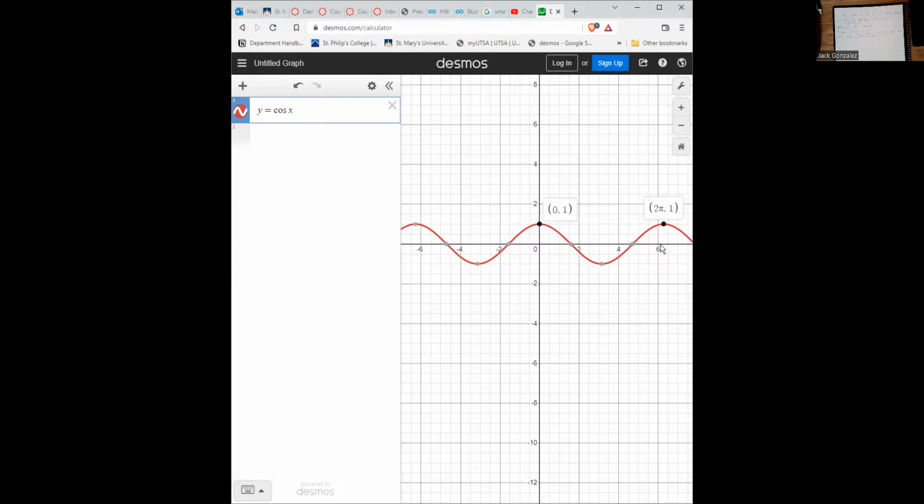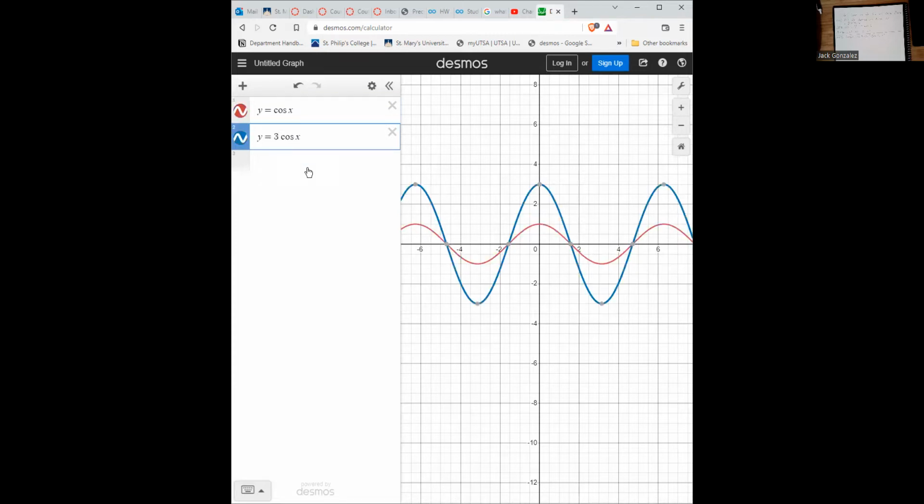It starts over. Now, as we were talking about earlier with amplitude, if I put a 2 in front of cosine, it's now been scaled by 2. So the highest point is 2, the lowest point is -2. Over here, the highest point was 1, the lowest point was -1. So if it's 3, you should be able to guess it should be a triple, right? Same thing for